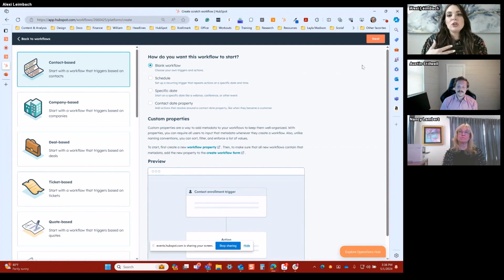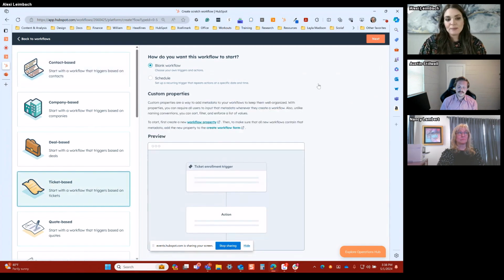Then we want the workflow to check, 3 days later, if it's a low priority, is this ticket still open or is it closed? If it's still open, send an internal email notification saying, hey, do you need help? What's going on? Just letting you know this ticket's overdue. So it's managing all of that that could fall through the cracks for us, and it's able to check the status and all of that. This is the use case we're building out based off of tickets. So we'll just click ticket based and next.